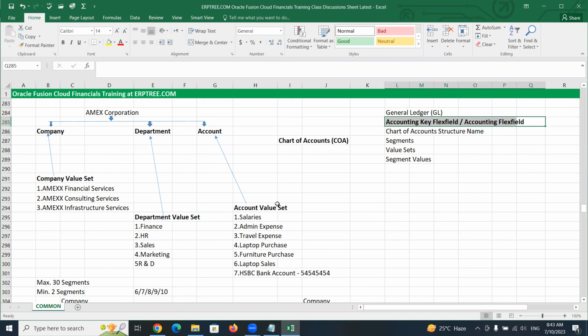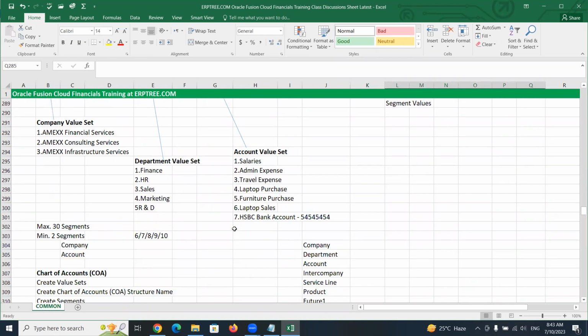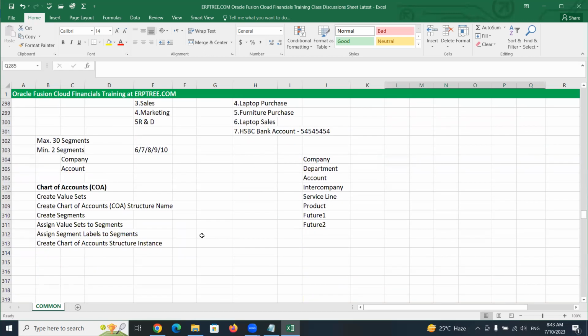Submitting for validation here simply we call as deployment in the technical term. So we call it a deployment. We submit our chart of accounts for deployment, which means we submit our chart of accounts for validation, where we are creating the chart of accounts in the accounting key flex field, or you can say accounting flex field. Now you can take the point that we have to deploy